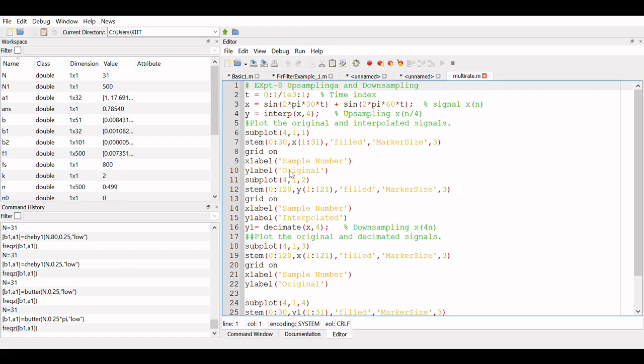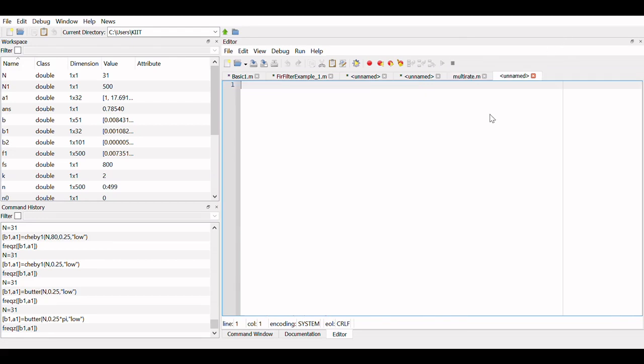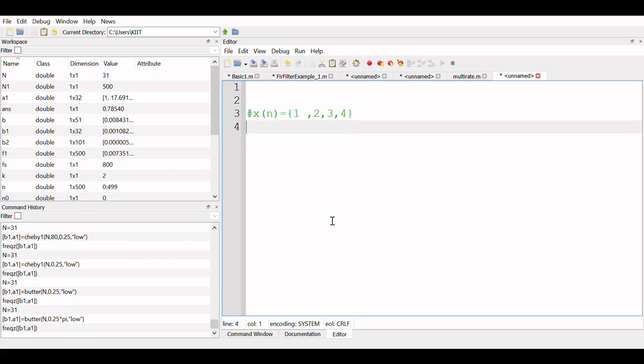So suppose you have an x of n, which is equal to 1, 2, 3, 4. This is a discrete sequence. Now we know that when you perform upsampling, it is basically x of n by 2 or n by 4, whatever integer factor comes with it.